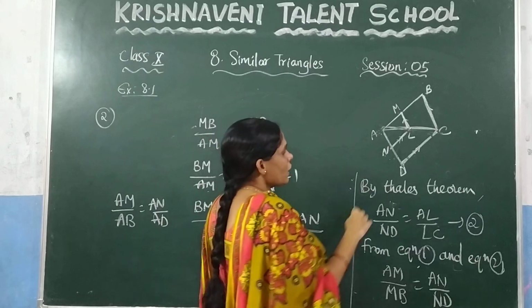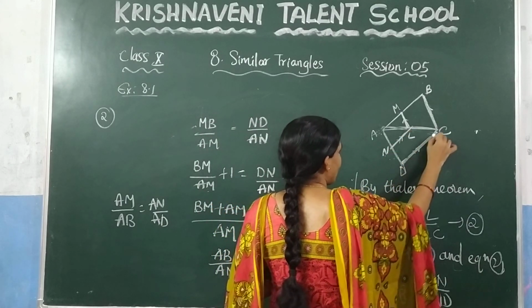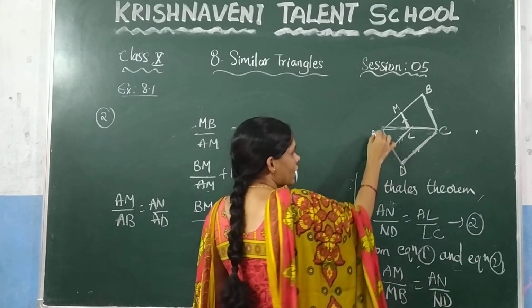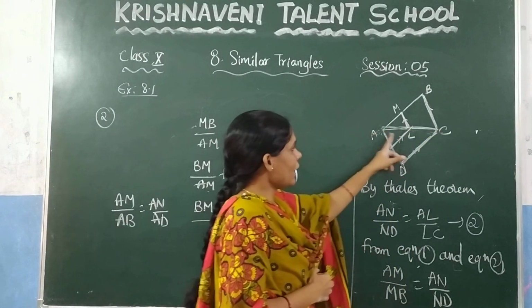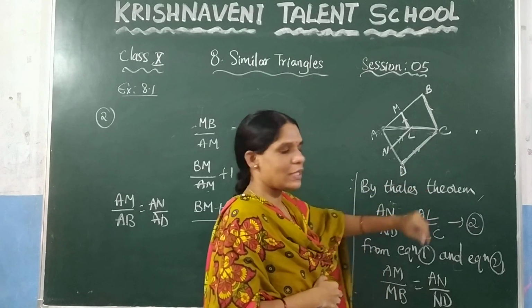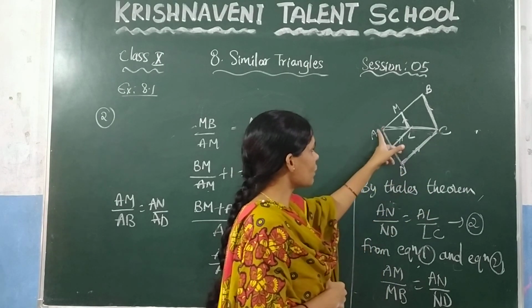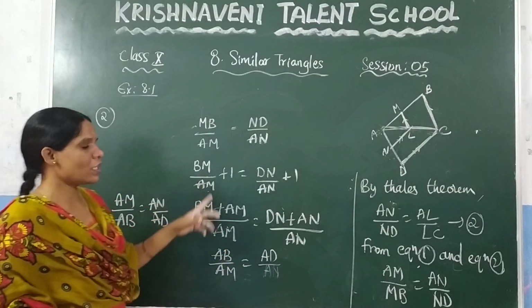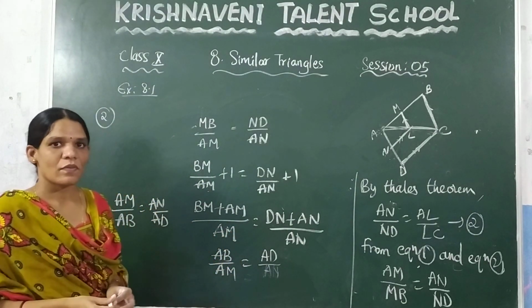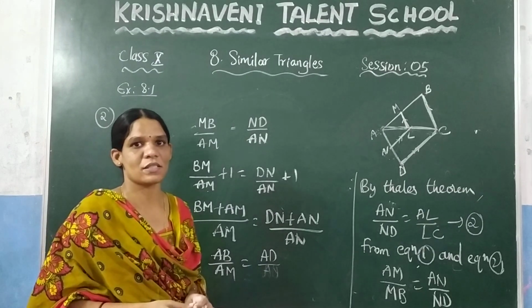And similarly, if you consider these two lines are parallel, by the Thales theorem you can write AN by ND is equal to AL by LC. And here AL by LC is common, so you can equate, and you will get AN by ND is equal to AM by MB. Since we need to prove this one, we have added 1 on both sides, so that we got this one. This session is completed. In the next session we are going to solve the